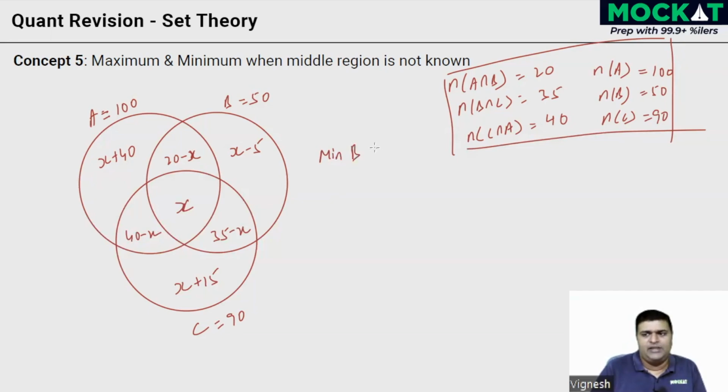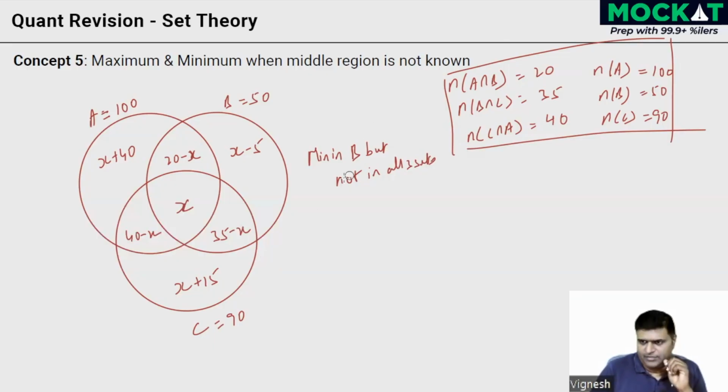who are a part of B, but not a part of all three sets. Minimum number of people in B, but not in all three, right? But not in all three sets, right? That could be a question. Or you could have something like